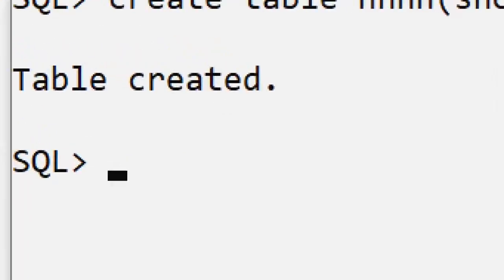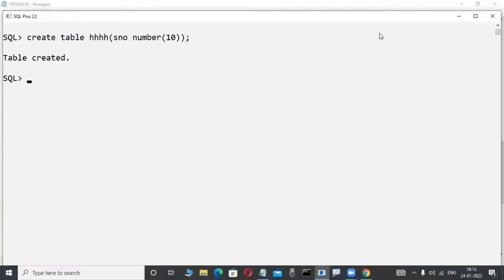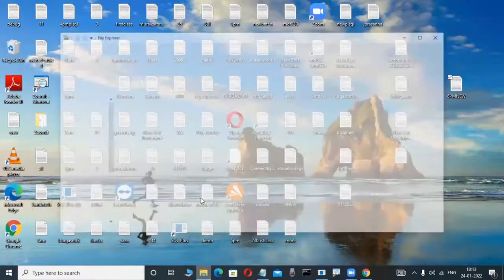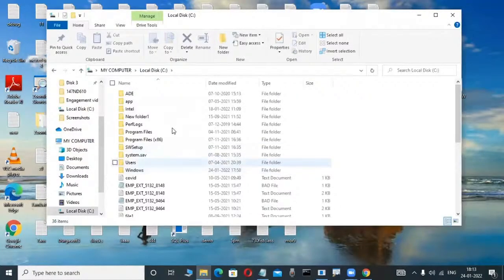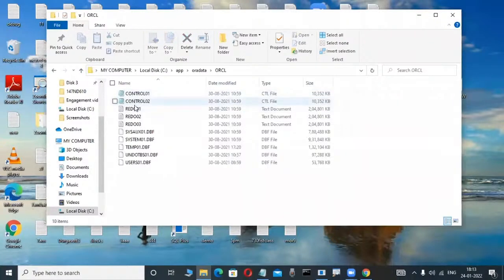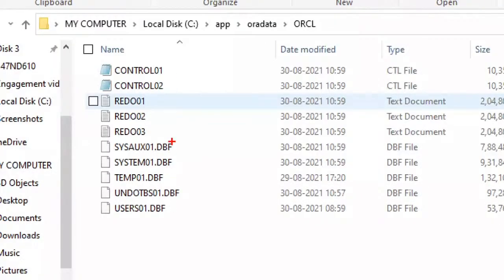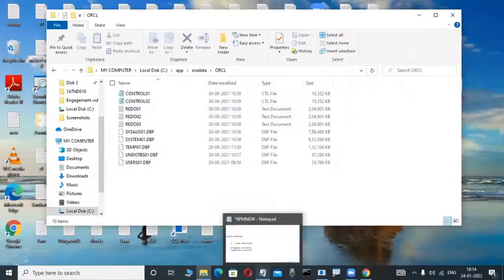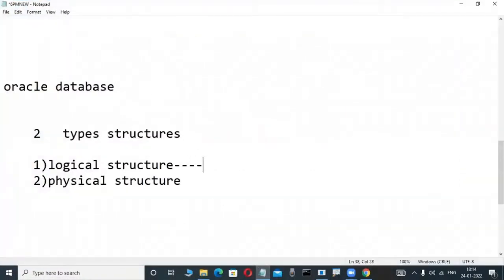Whenever I'm creating a table, this is not visible in the operating system. Observe here. I'm installing Oracle in my system; how you install Oracle, we will learn in the next classes. Don't worry. I'm installing Oracle in the C drive or somewhere, and in this C drive your table is not available. Whatever table I'm creating is not visible in the C drive or D drive. That's why a logical structure means a structure which is not visible